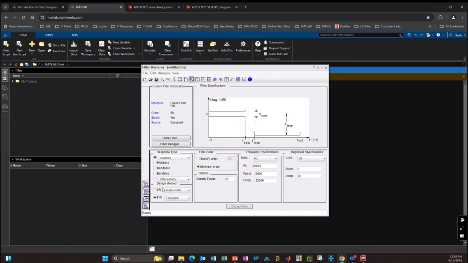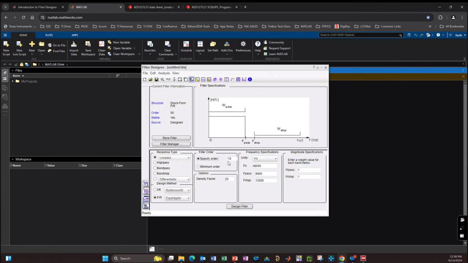But if we were designing an IIR, we would have also had an option of a few different ones as well, including Butterworth and Chebyshev. But for now, again, we want to do this 20 kilohertz FIR filter, so the low pass and FIR are already set for you. Now we do have an option. We can specify the order, and we have 128 coefficients, so the filter order is one less than that. So we could specify 127 here for the filter order, and whatever it designs will fit into the L21 register space.